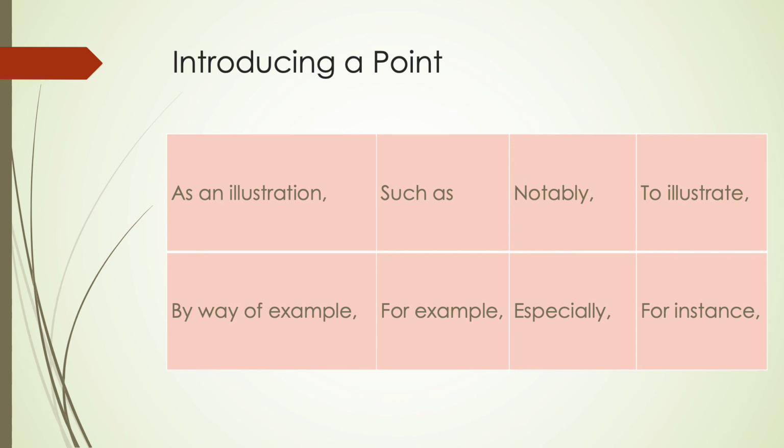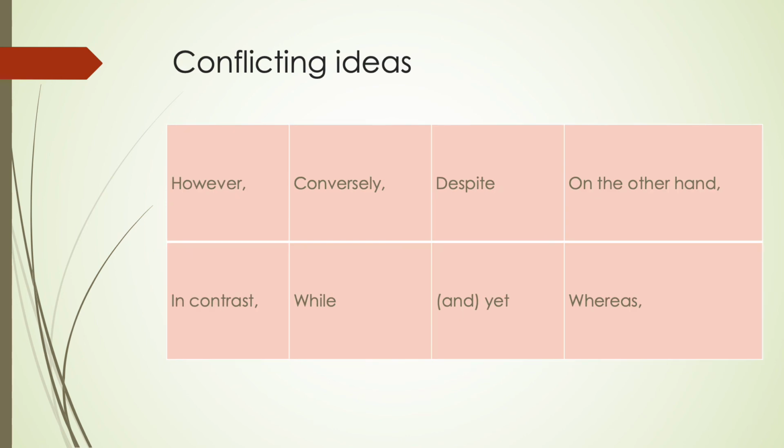And with especially, if you're adding that point on to the end of your sentence, the comma would come before especially. For example, I like seeing the animals at the zoo, especially the pandas. So I'm introducing a little point, adding a bit more information, and so my comma would come before especially the pandas. Conflicting ideas. We have however, conversely, despite, on the other hand, in contrast, while, and yet, whereas,